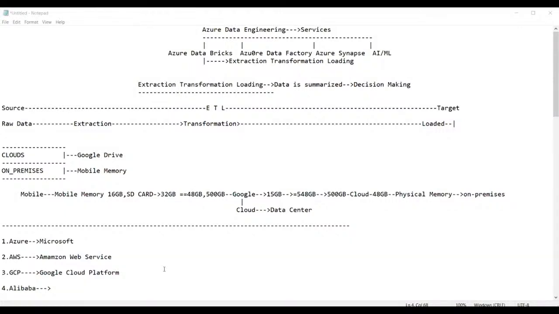Sir, what is PySpark that I'm hearing a lot about? See, PySpark is basically Python and Spark together. Do we need to learn that also for ADB? Yes, of course. I will teach you PySpark also. Okay, thanks, sir. Thank you. Any other questions, guys?